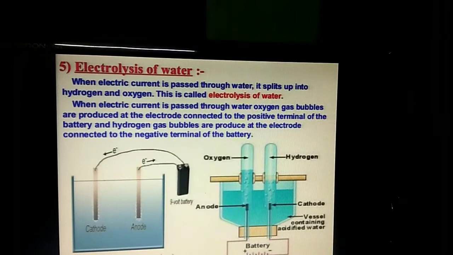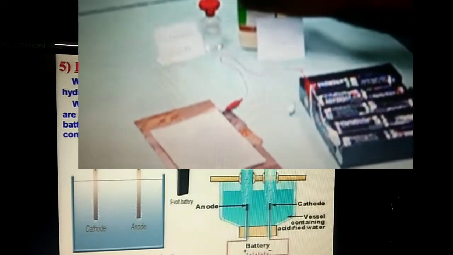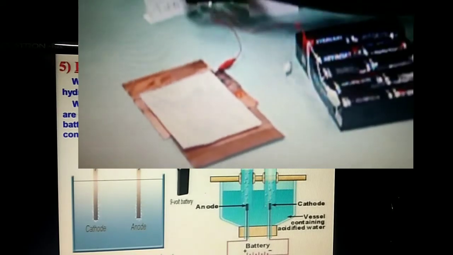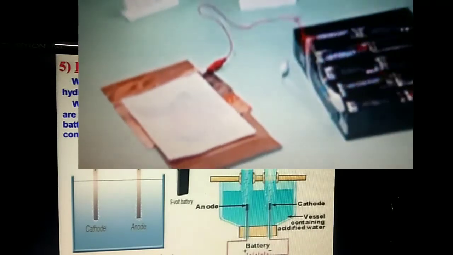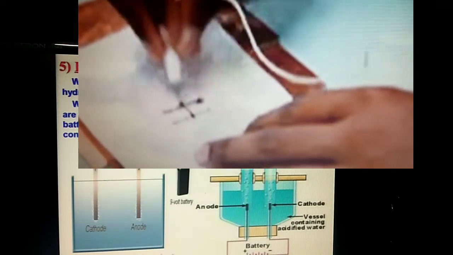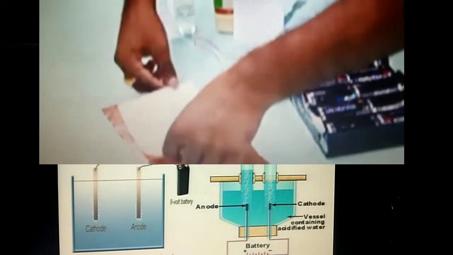As we already discussed the applications of electrolysis, by using this process we can make an electric pen. How can we make an electric pen and write using electricity? Dissolve potassium iodide in a starch solution. Soak a piece of chart paper in the solution. Attach a bare copper wire to the paper. Connect the wire to the negative terminal of a battery. Now take another wire and connect it to the positive terminal of a battery. Now the other side of the wire we can use as a pen to write on the other side of the paper.